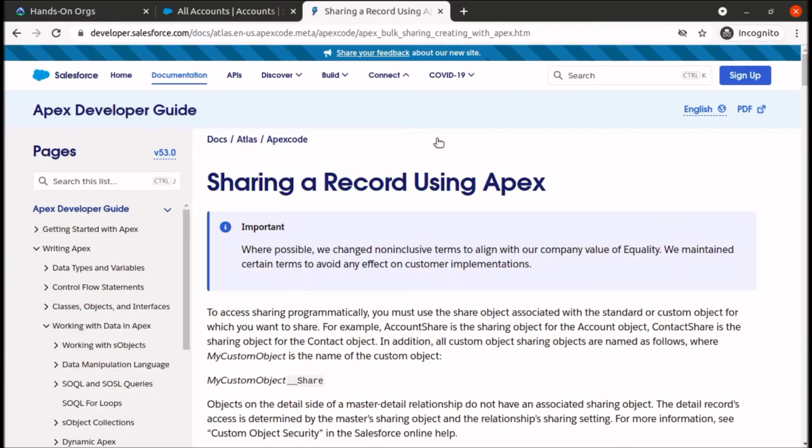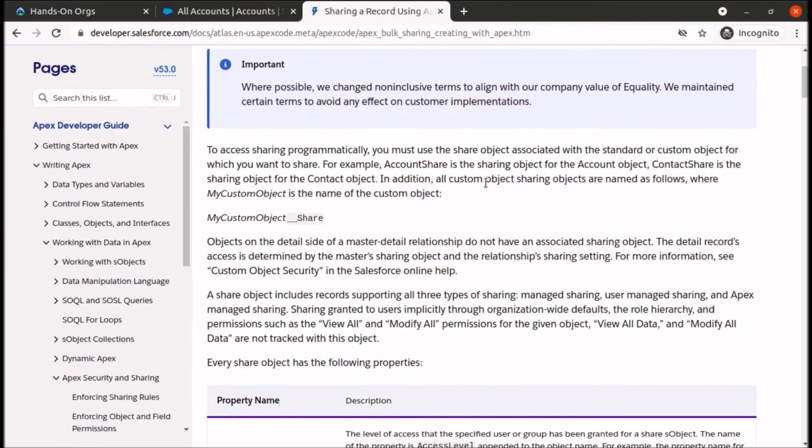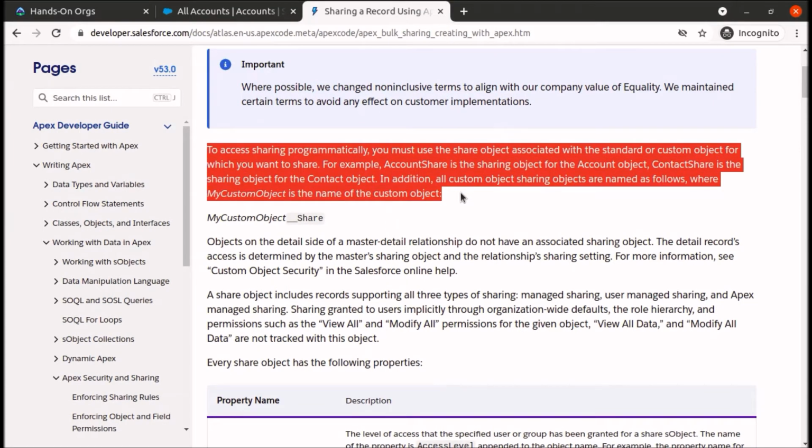So there is a document on Apex developer guide which is titled as sharing a record using Apex. Using this we can share a record with other users. So what it says: to access sharing programmatically you must use the share object associated with a standard or custom object.